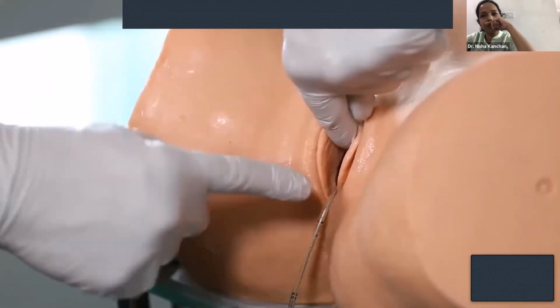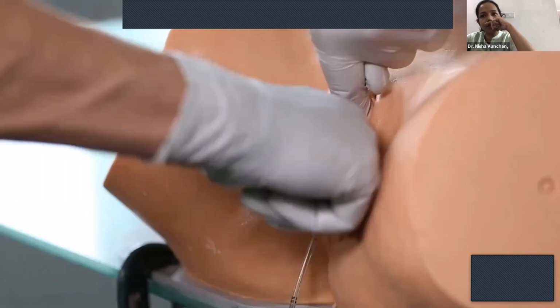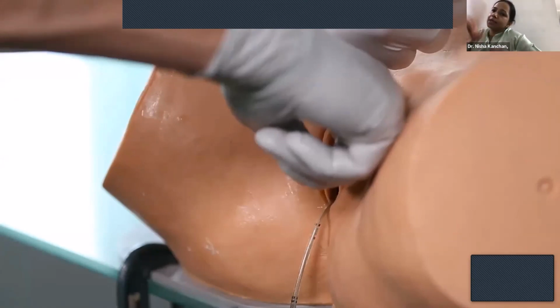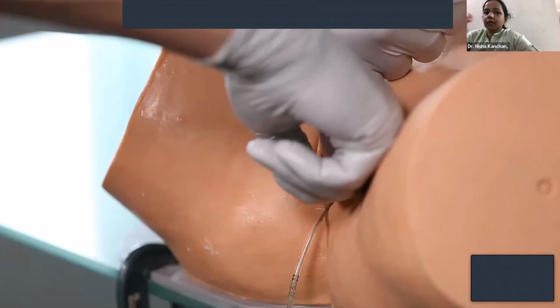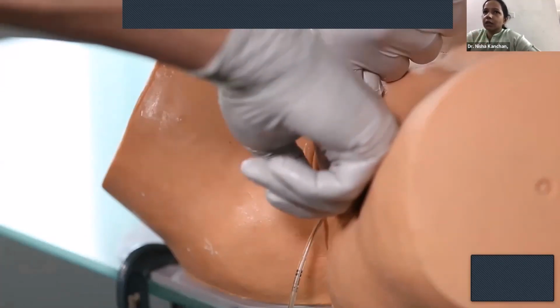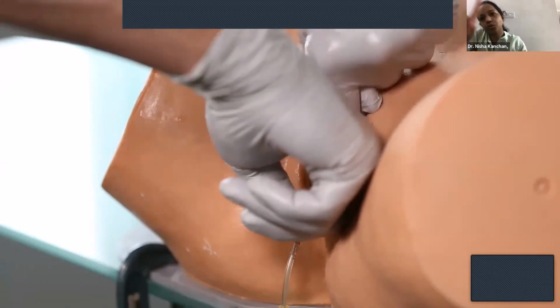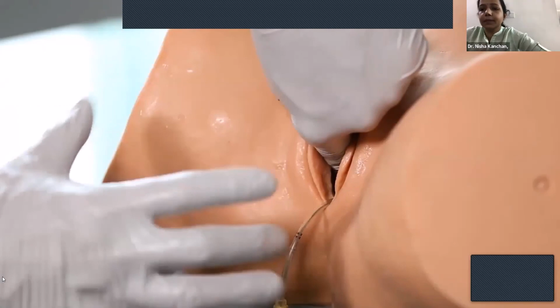And after that, you put your finger in and go all around the circumference of the cup. And you see that cervix or vagina or anything is not coming between the vacuum cup and the baby's head. So you just go one round around the vacuum cup. This is a check, because otherwise, if something has got in between the cup and the baby's head, you will cause vaginal tear, cervical tear. So just put one hand around and see that nothing is coming in between the cup and the baby's head.